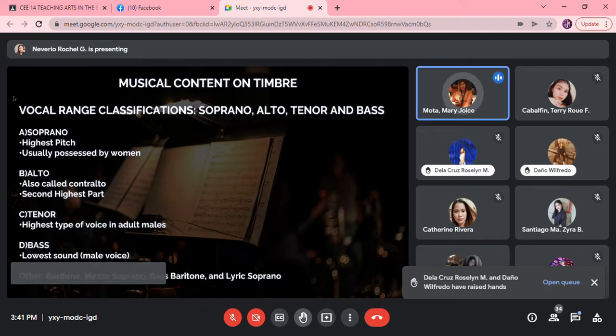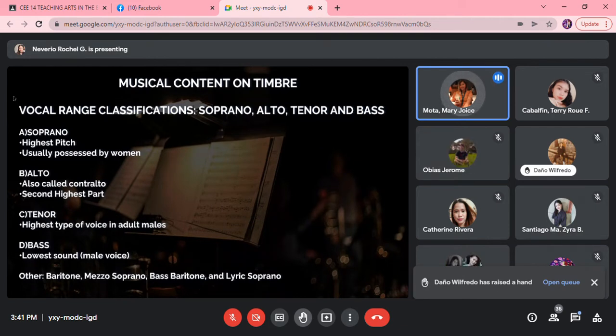And then, bass, lowest sound. Ito yung mga mabababa. Usually, kapag choir, sila yung nagiging parang balance. Kumbaga sila yung may buong sound sa mga kumakanta. We also have a bass instrument. So, pagka pinagsama-sama mo yan, nagha-harmonize sila. May mataas, may gitna, may mataas na lalaki, may bass. Parang nagbabalance siya.